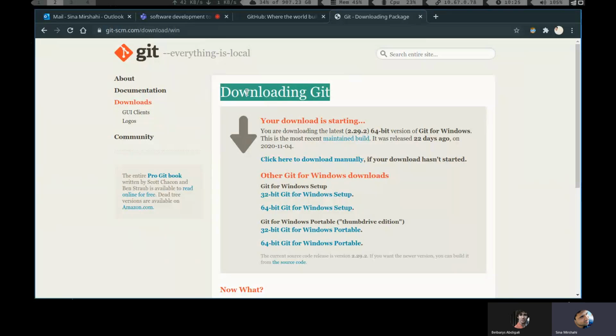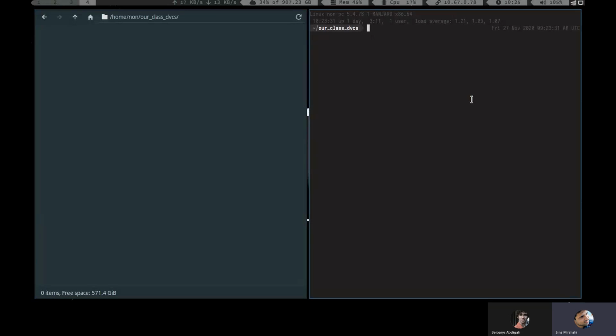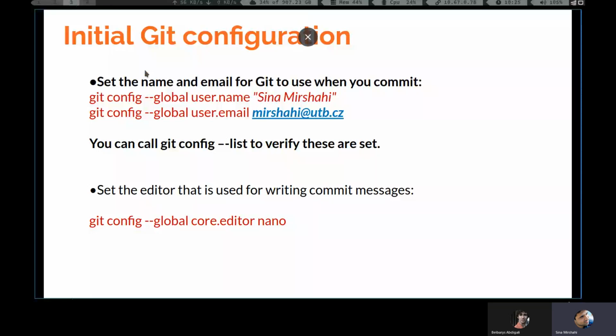So at first you have to install Git on your computer. When you install it, you have access to a command called git. Like SVN, where everything started with SVN, here everything starts with git. So you install Git, and on Git